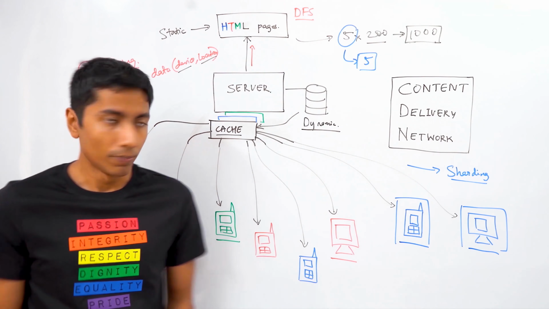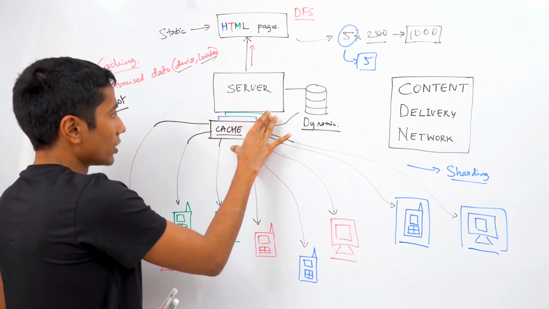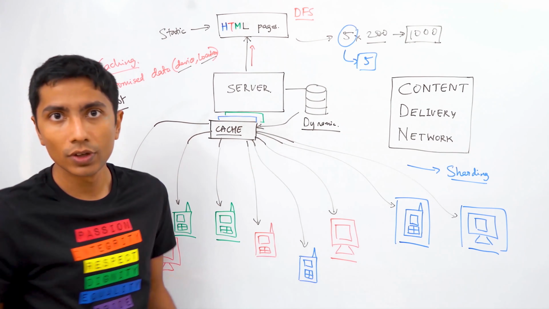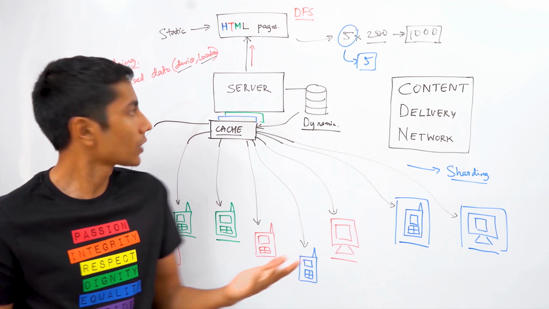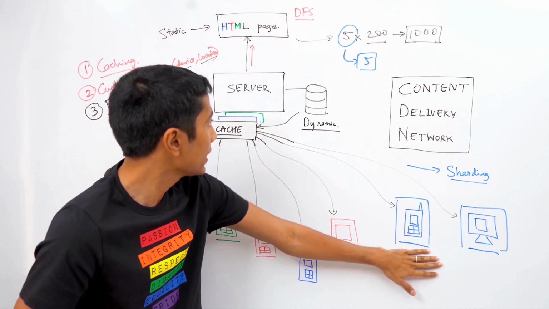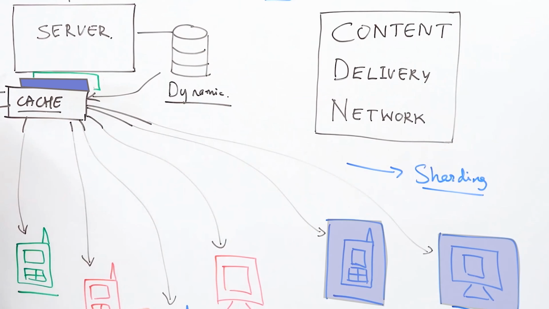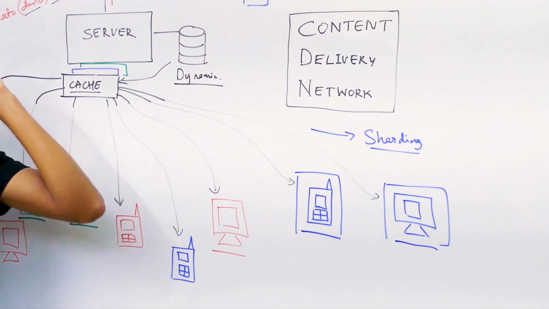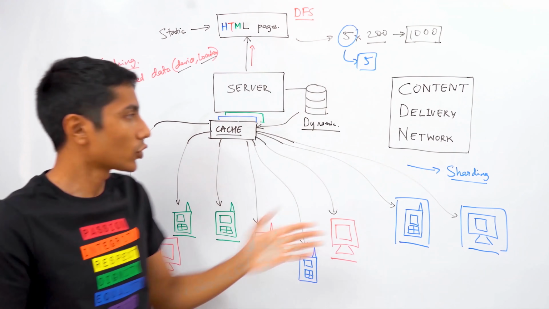However, there is still a problem. The problem is that you have this distributed global cache in your cloud, in your system, which is probably hosted in a single country like USA. So the Indian users are being sent to a group of nodes, which are caches, but it's still not serving the purpose, right? Because the Indians are still sending a message which is traveling all the way to the US and then coming back to them just to get a silly HTML page, right? So you don't want to do that.